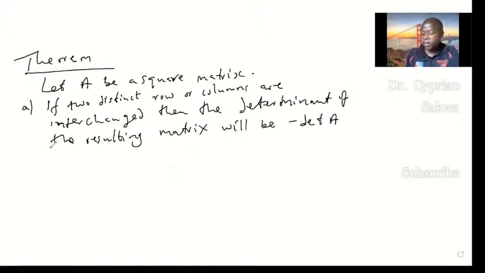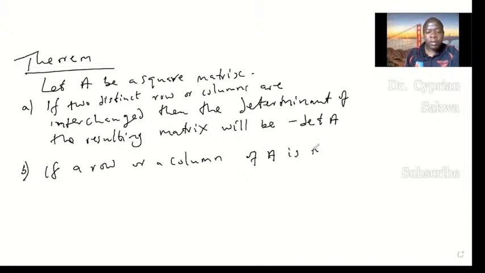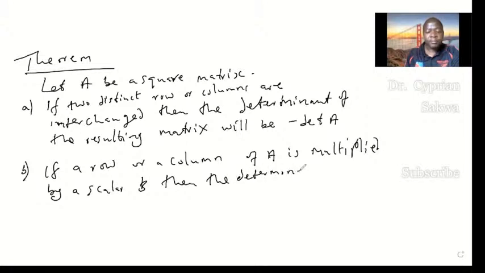The other statement is that if a row of this matrix, or a column of A, is multiplied by a scalar, let's call it beta, and then we look at the resulting matrix and the determinant of the resulting matrix